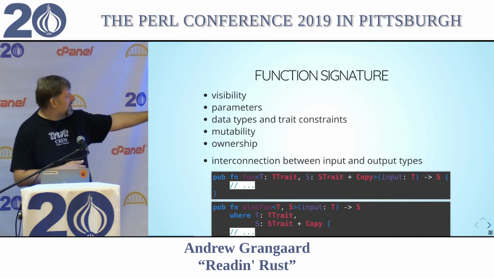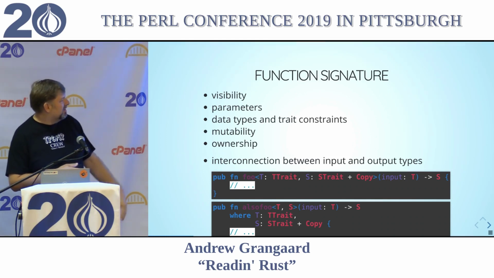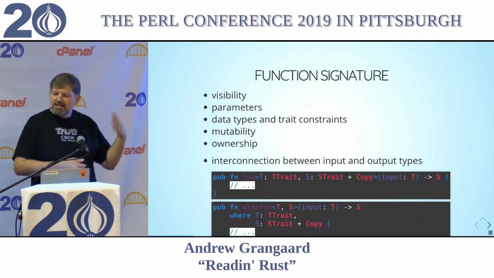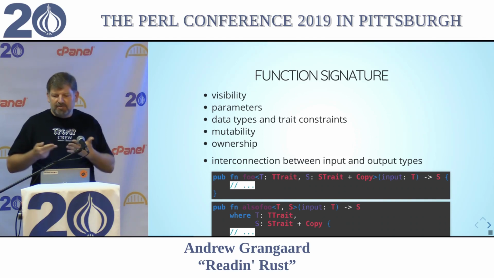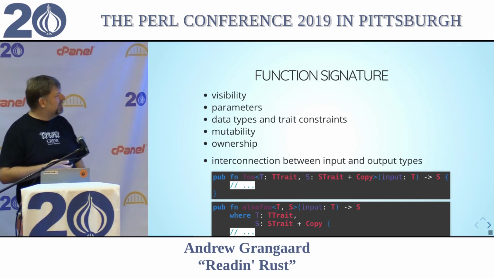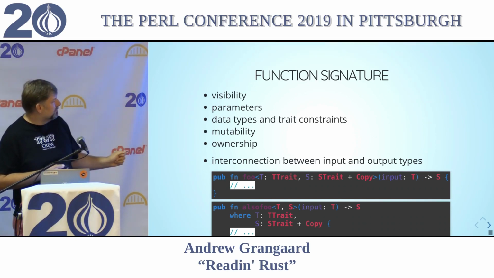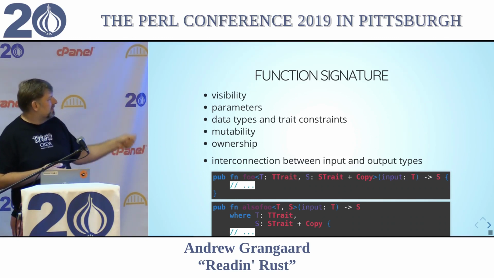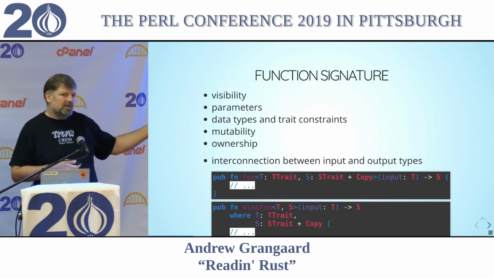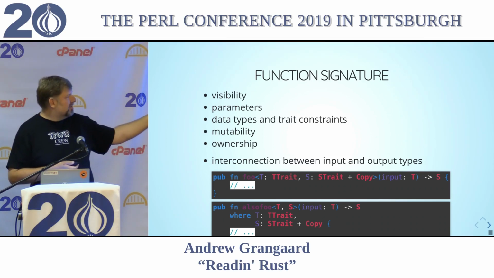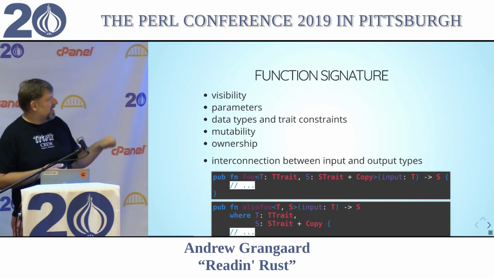So I would know in this case that these made-up traits of mine, and this is one of the things I would like to do in this talk, is explain how to read it, because I find when I'm reading it, if I don't know how to verbalize it in my head, I just kind of glance over it. So this is a public function named foo that will involve two types, T and S. And type T must implement TT trait, which is a made-up word, and S must implement S trait as well as copy.